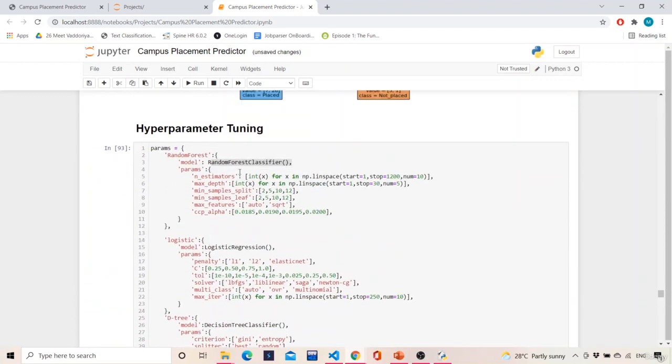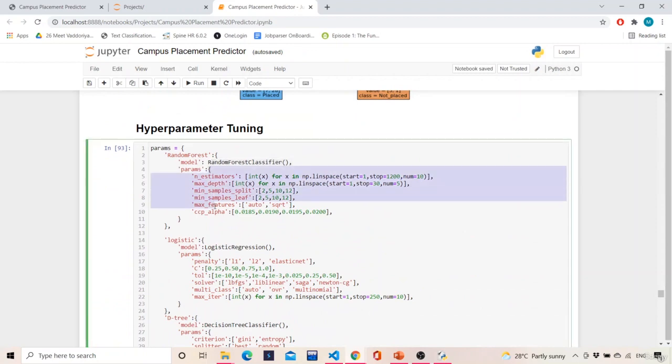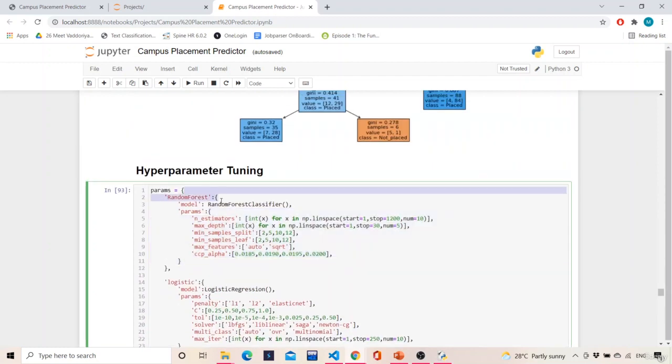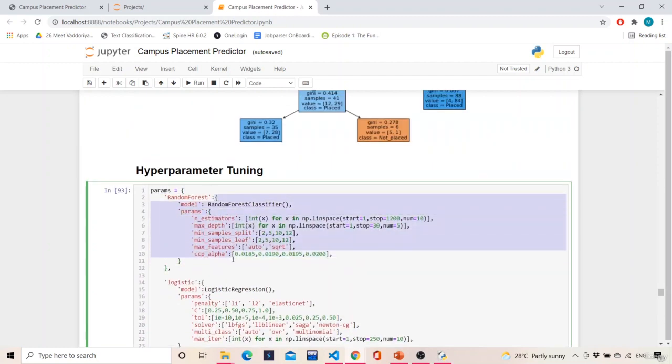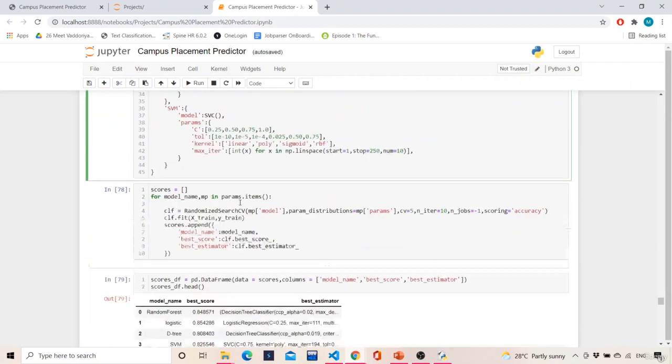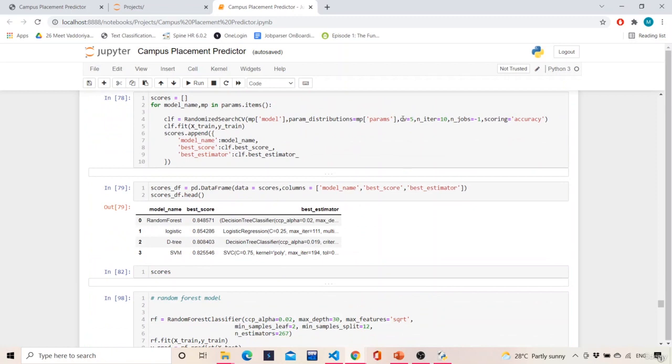What are the parameters which we are tuning, or which we are looking for? This is the param dict. So mp of params, mp is nothing but pointing to this thing. In that, mp of model is the random forest classifier, which is our classifier, and the parameters are this. That is what has been passed: mp of params, and cv equals 5